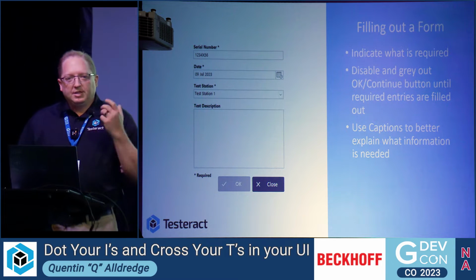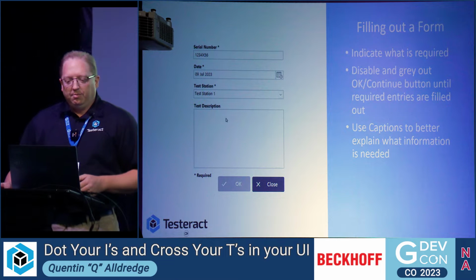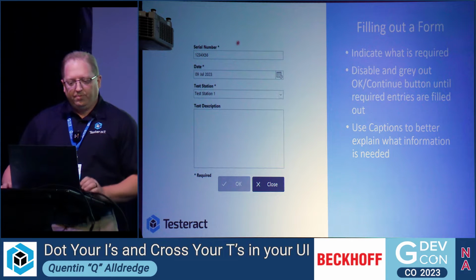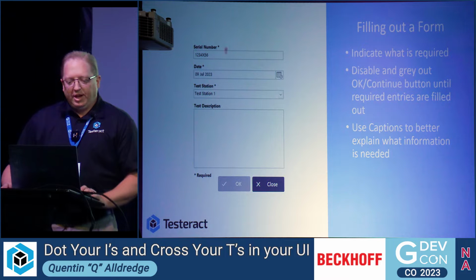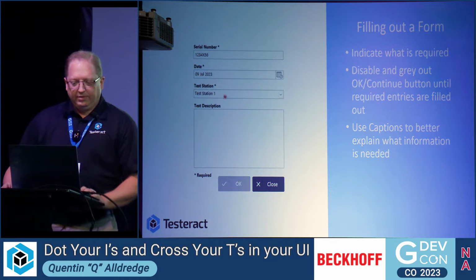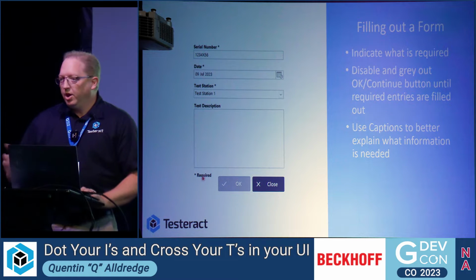Indicate what's required. Make some kind of visual indication. On this one, let's see, I'm going to turn on the laser pointer. There we go. I have the little asterisks here saying these are the required fields. I have something indicating here what the asterisk means. The test description is not required in this case. And then in this form, I purposely have grayed out the OK button until you fill in everything that's needed, although I guess in this case it is filled out. It should have been